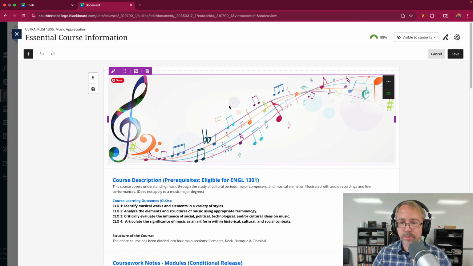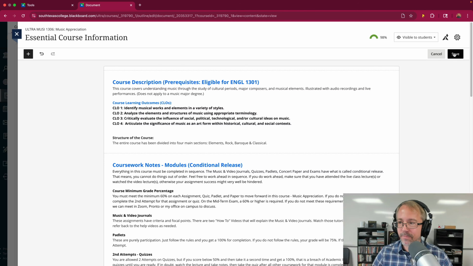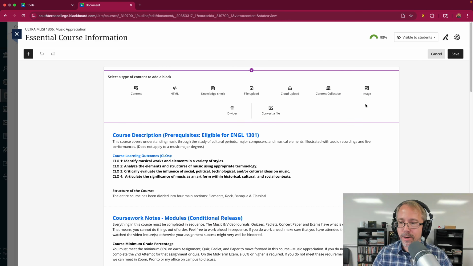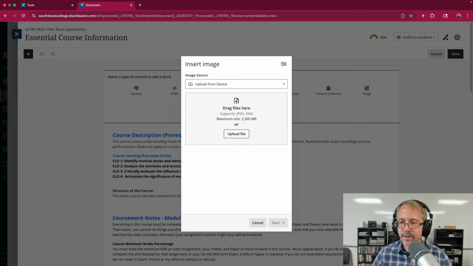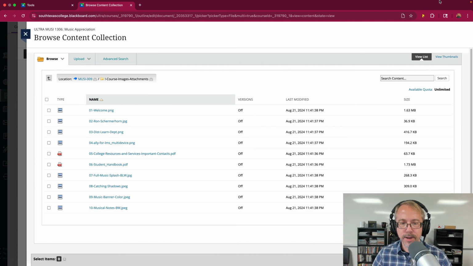What if I want to? Yeah, I'm not going to move with the rows on this one, but why don't I try this? Let's do that. Save. Okay, let's go from scratch. Let's just add it in. And I'm going to do this. We can try maybe content collection first, see how it looks. Course images. I want the banner. So let's try the